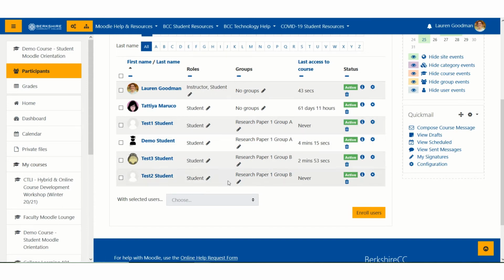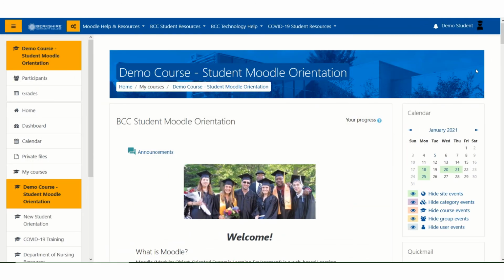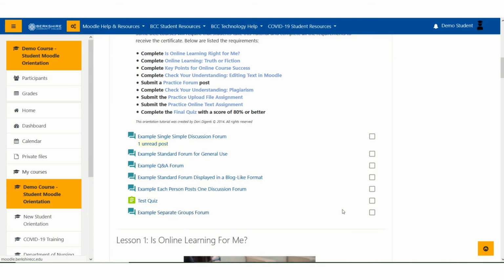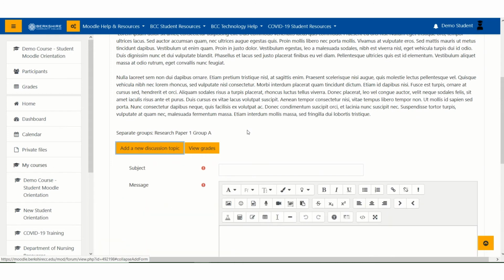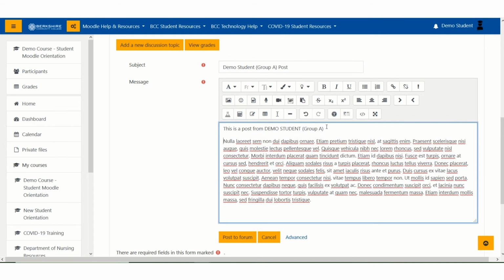All right, so I'm using private browsing, a private browser tab. When I pull this up, I'm currently logged in as the demo student, and demo student is enrolled as a student in the class and is in group A. So demo student is going to go into the forum. Demo student reads the prompt, adds a new discussion topic, demo student group A post. Obviously they would be naming their post something meaningful there. Demo student makes their post,